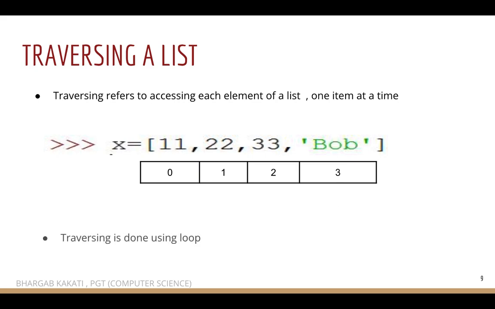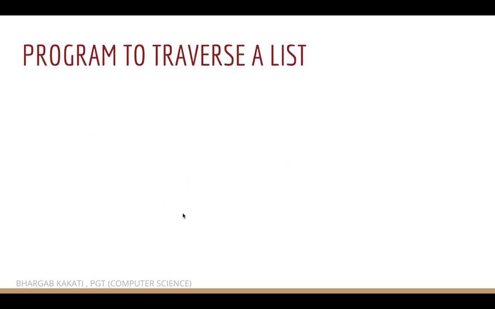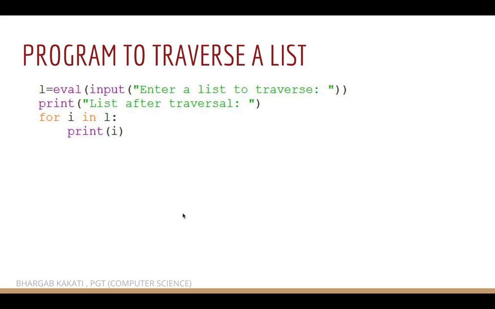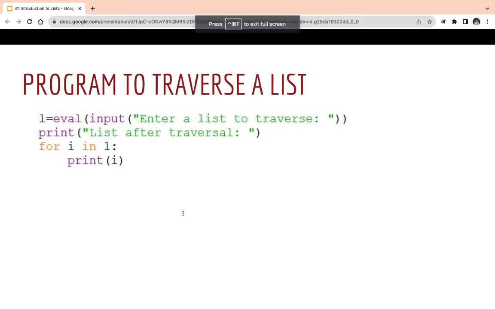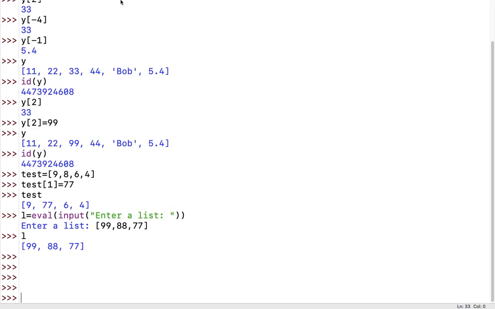Now how is traversing done? Traversing is done using the concept of loop. Now we will see a program, and via that program we will know how to traverse a list in Python. Alright. So the next concept is a program to traverse a list using loops. Okay. So for that, what I will do,